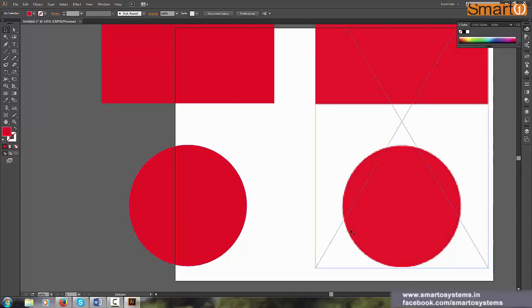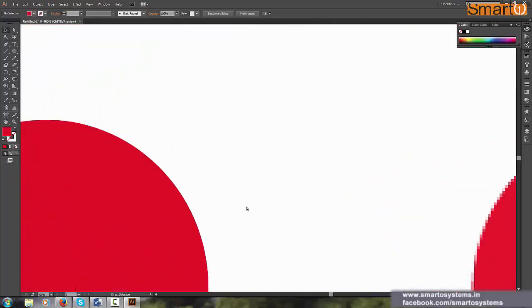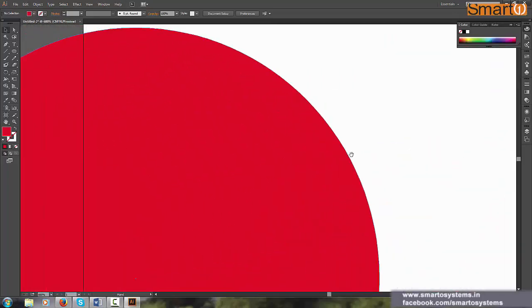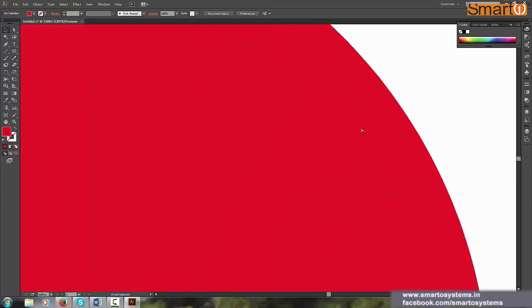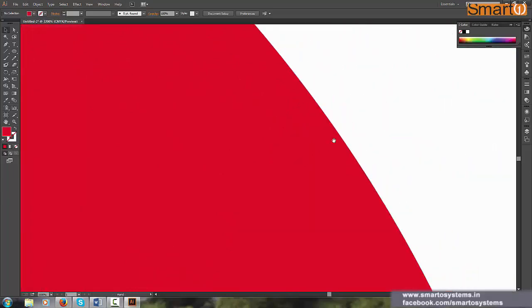You can see blurry lines or blurry edges around the circle, and even in the rectangle the straight line has got blurred. Whereas in vector graphics, there is no such quality loss or compression. See, even if I zoom in to any level, there is no quality loss, and it's still very clear.